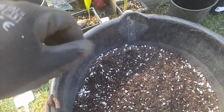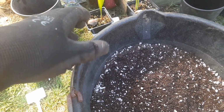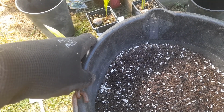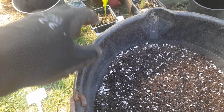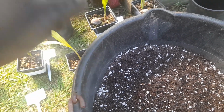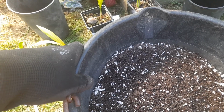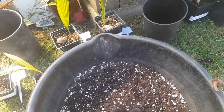So this is a mix I tend to use, which is really free draining to an extent. It does hold on to a little bit of moisture, but it does dry out fairly quick. So each individual palm you can just water as needed. If you've got a water loving palm, you could water that every other day, whereas if you've got a dry loving palm, then just water it once a week. So that's more about your watering schedule, I'd say, rather than your pot and mix, to an extent. But anyway, the mix I've actually got here,